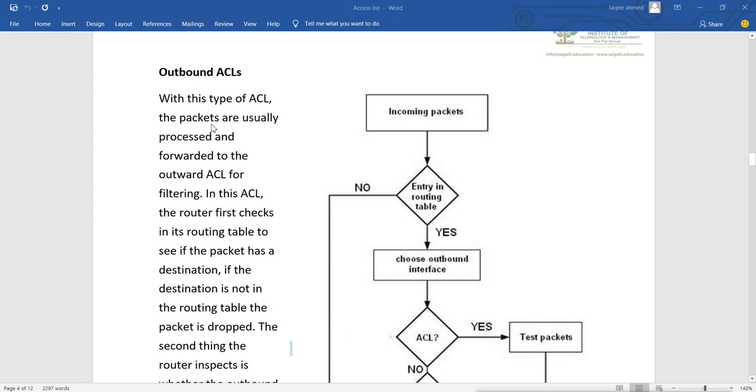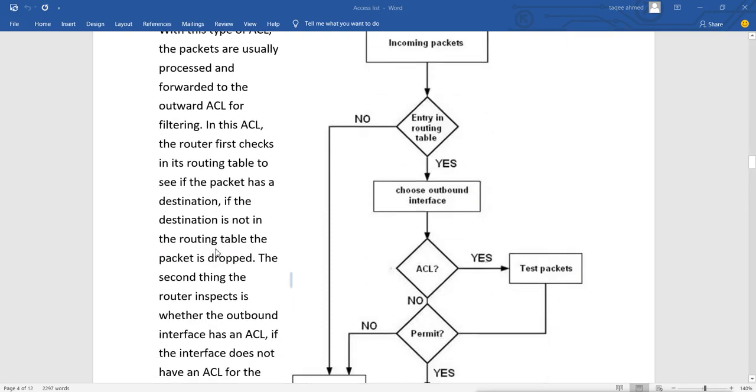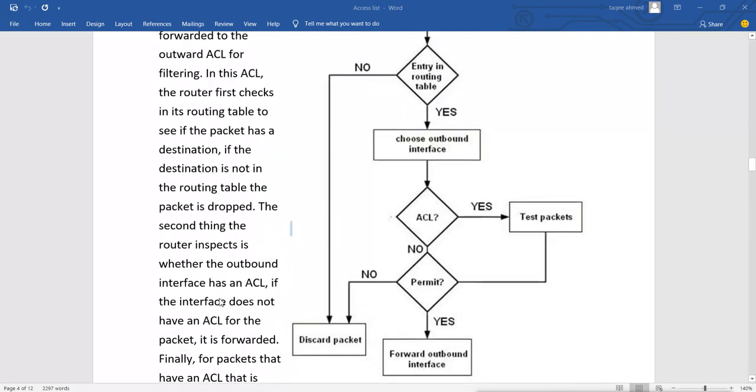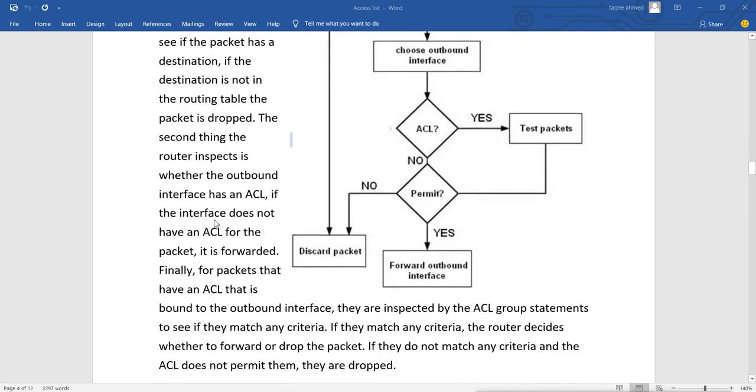With this type of ACL, the packets are usually processed and forwarded to the outbound ACL for filtering. In this ACL, the router first checks its routing table to see if the packet has a destination, and if the destination is not in the routing table, the packet is dropped. The second thing the router inspects is whether the outbound interface has an ACL, and if the interface does not have any ACL, the packet is forwarded.